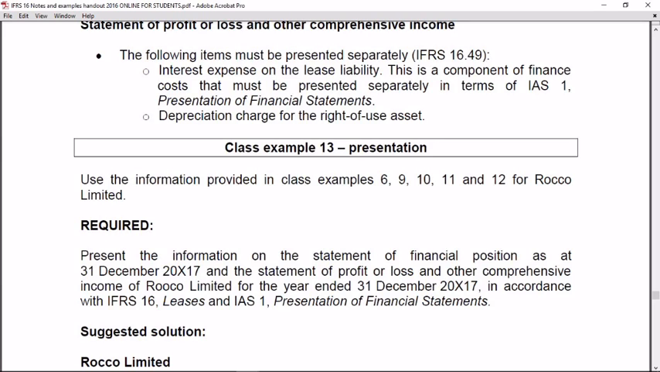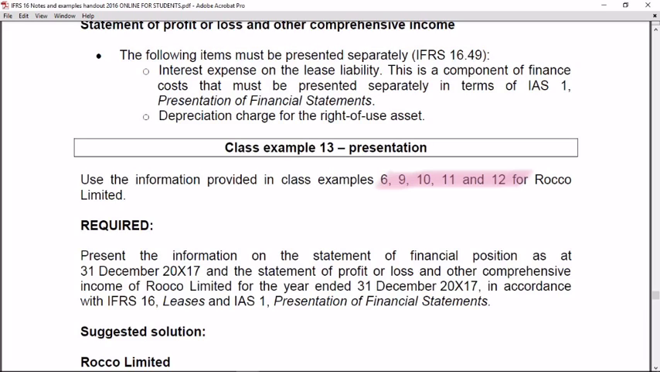Class example 13 will illustrate the presentation in the books of the lessee. Use the information provided in class examples 6, 9, 10, 11 and 12 for Rocco Limited. Those examples dealt with the initial and subsequent measurement of both the right of use asset and the lease liability. So all of that information will now be used for purposes of presenting that information in the financial statements of